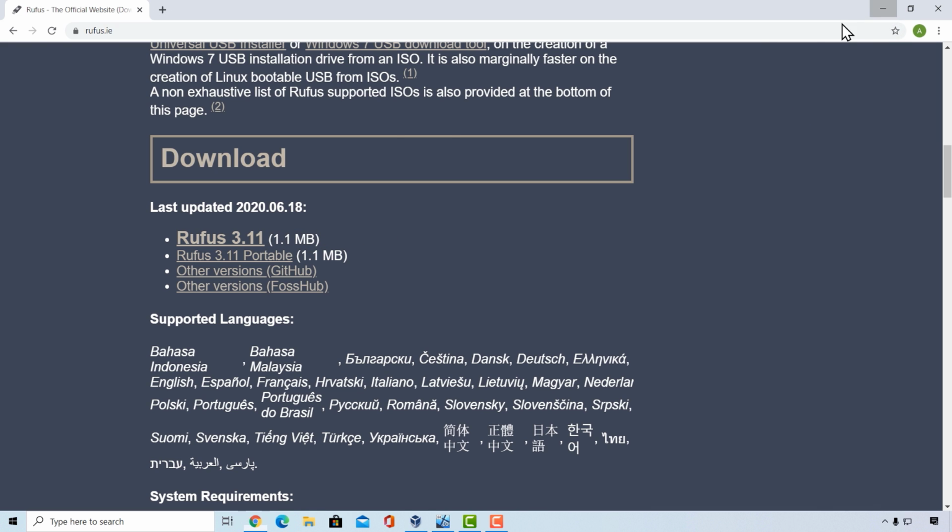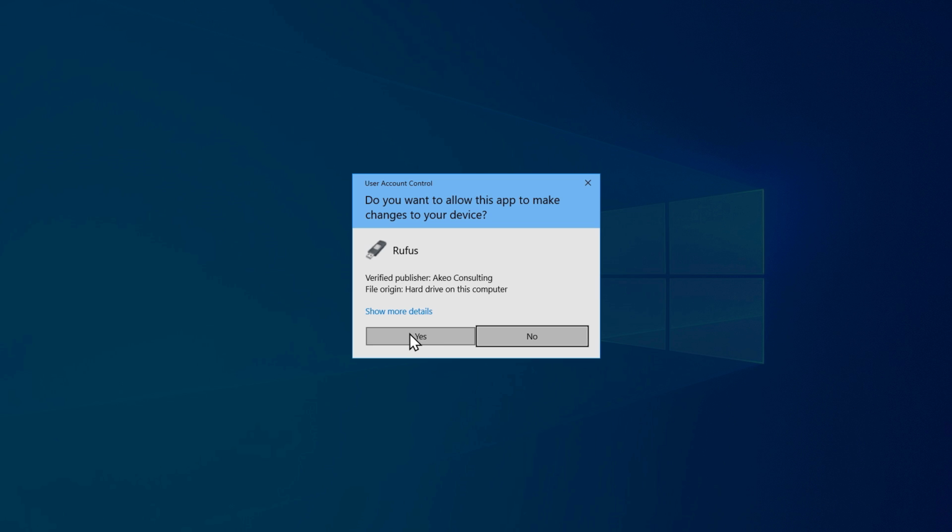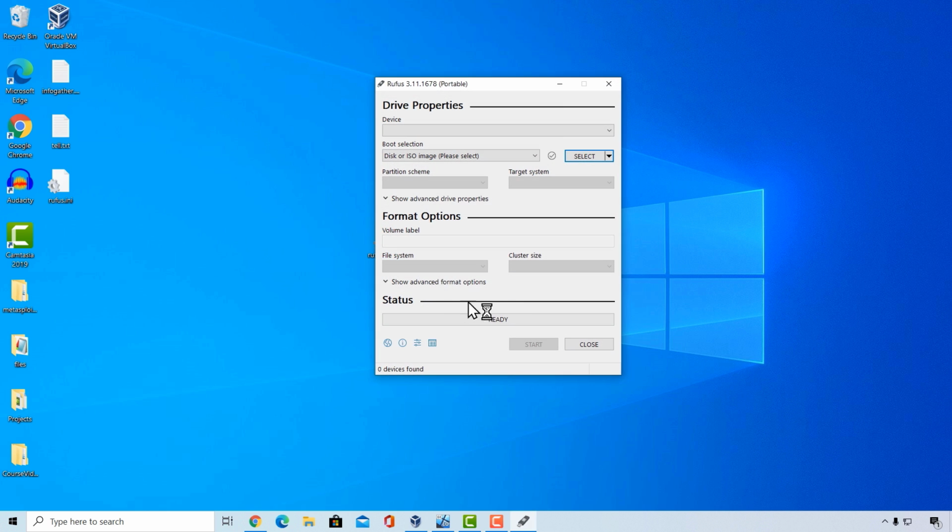Once you download it, you should have this file right here on the desktop. Double click on that file, and it will ask for the administrator password. You want to click on yes or type in the password. And right here where we want to go is this arrow next to the select button. Now here's a small advice. Sometimes this arrow right here will not appear, and it actually didn't appear for me once I downloaded the software